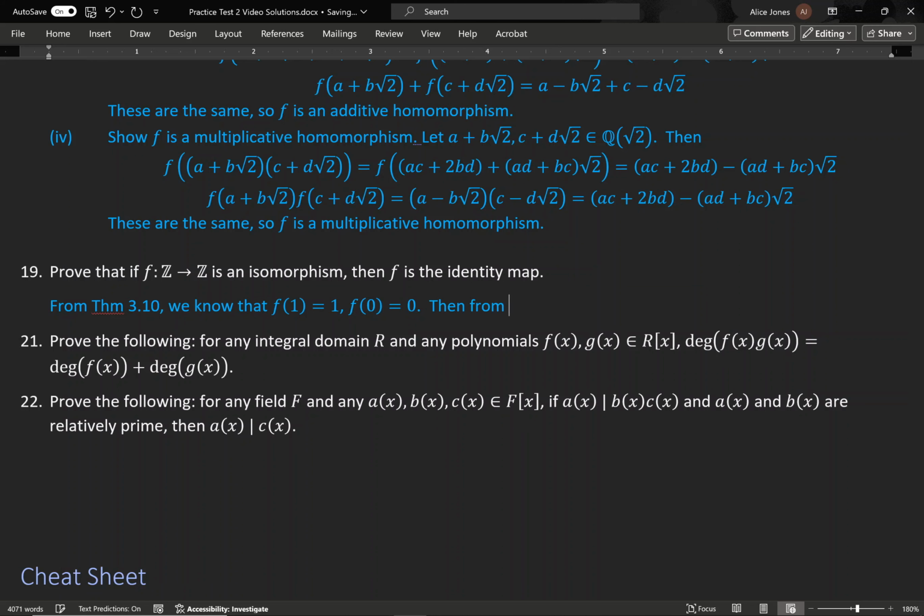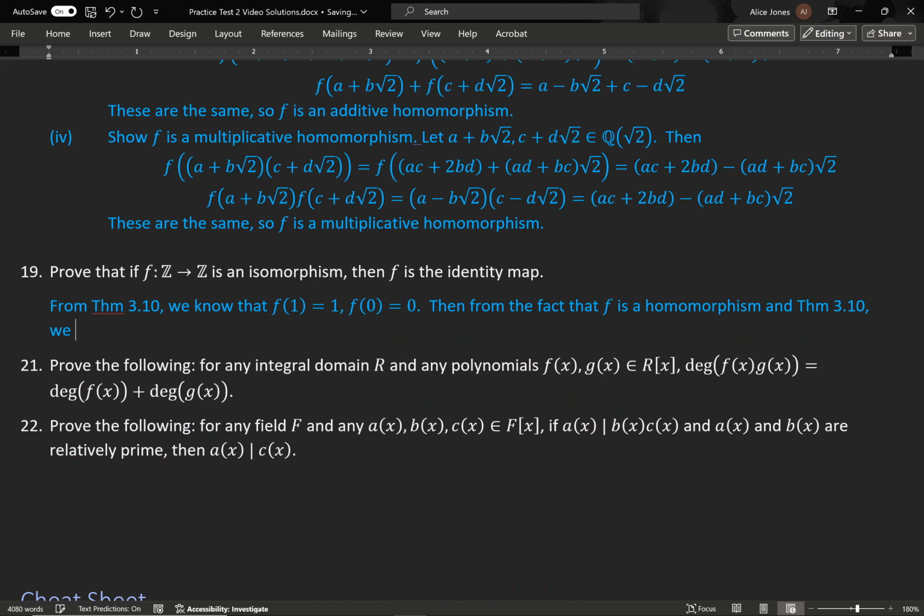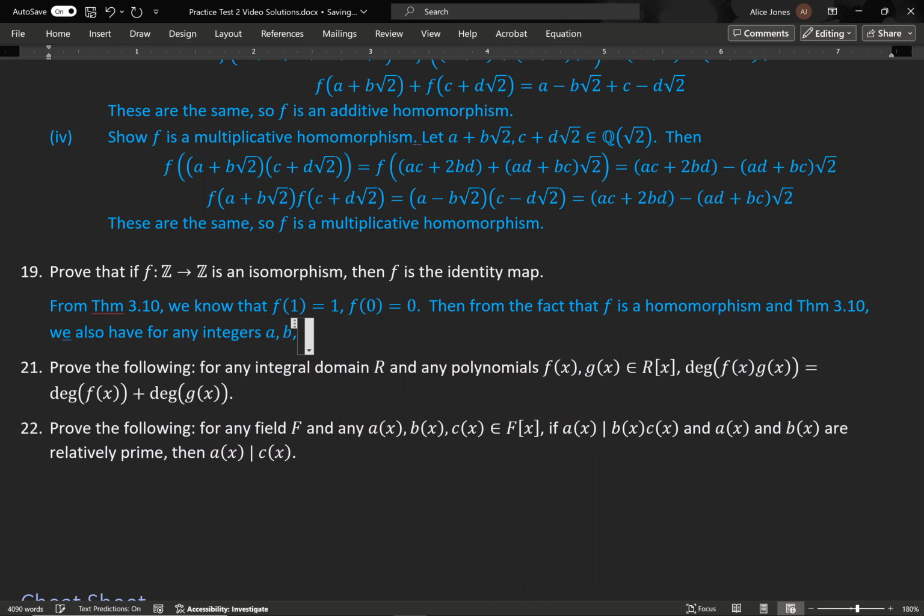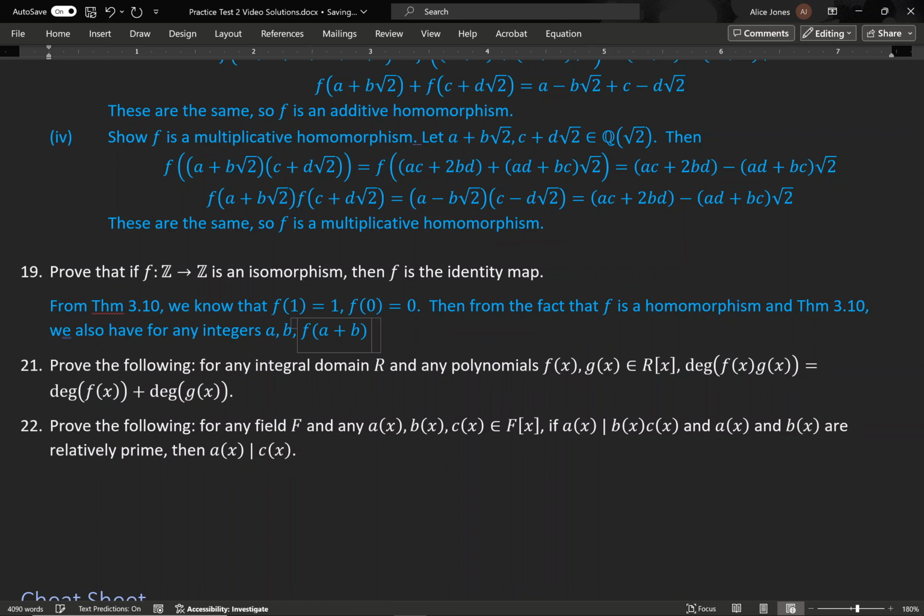Okay, so then from the fact that f is a homomorphism, and theorem 3.10, for any integers a, b, we have these two equations, so f of a plus b equals f of a plus f of b,